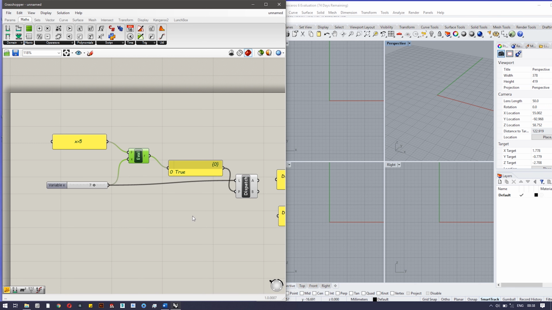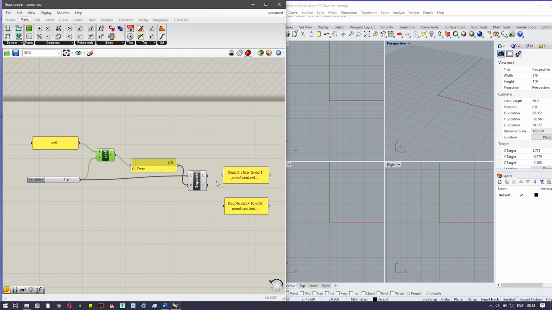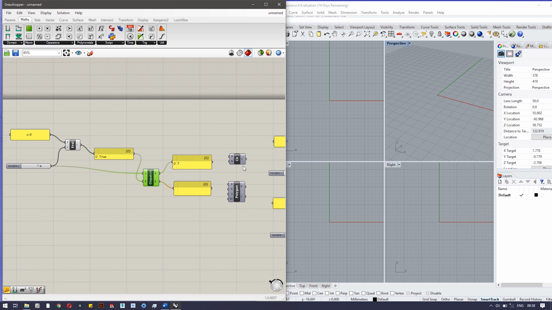So what would happen here? The output of A will be the true elements, and B will be the false elements. Let's connect them. Here you can see what happens. The 7 is greater than 5, hence we are seeing it at A. But as we get to 5, because 5 is not greater than 5, we are seeing it at B. So let's use it further.